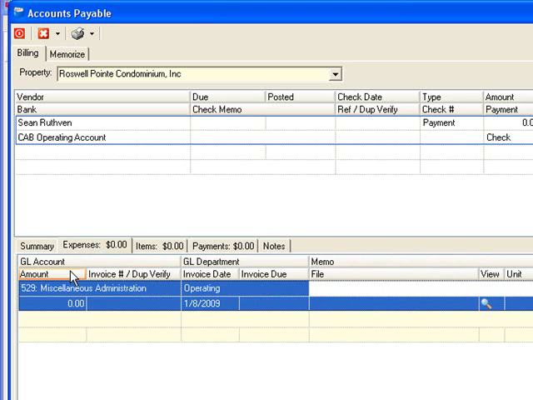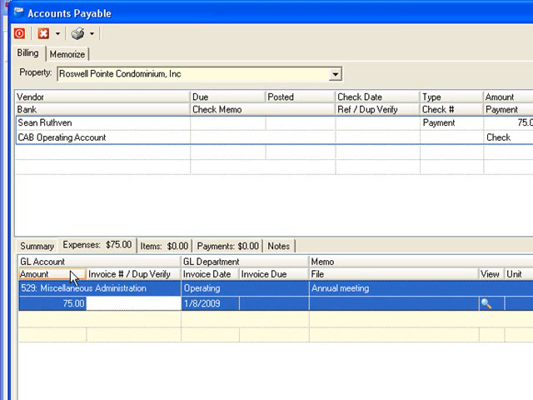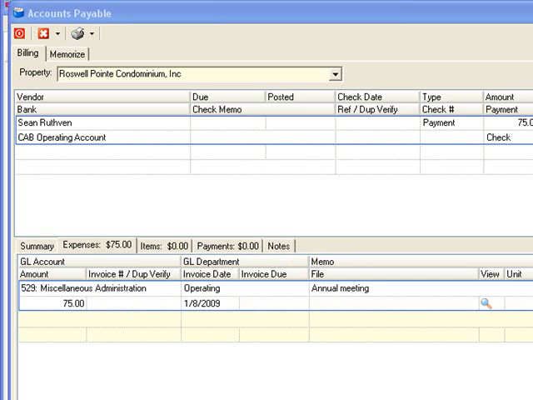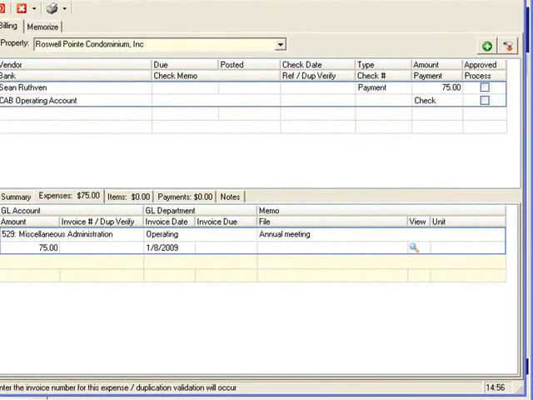Just tab over a couple times and note in the memo section what the payment is for, and we'll just say annual meeting. Tab again, that will take you to the cost and just say $75. And if you tab over one more time, that will be where you can put the invoice number or the account number. In this case, we won't have one. Now, in the event